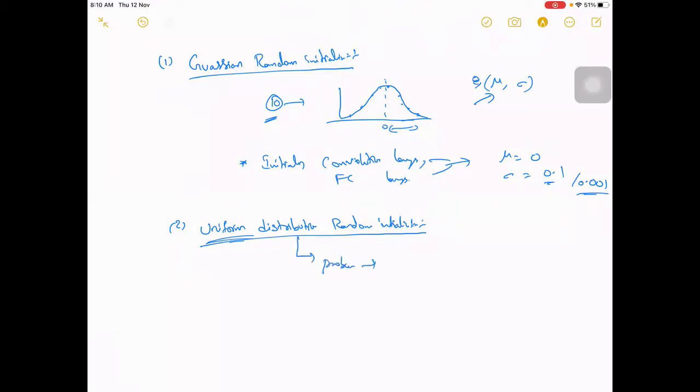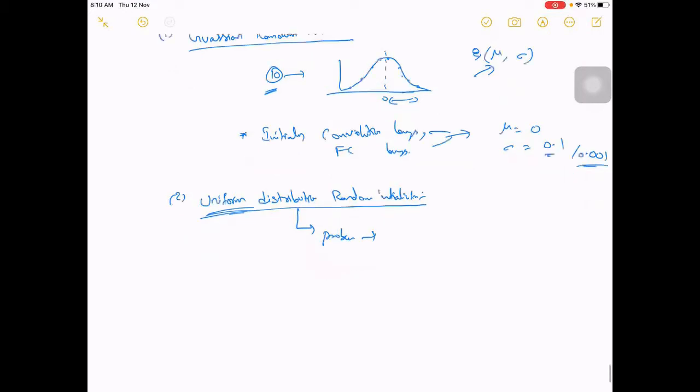While going to deeper networks, researchers experimented with all different kinds of initialization and found that if you use a uniform distribution instead of a Gaussian, there will be a problem of diminishing or exploding activations when your network is deep.